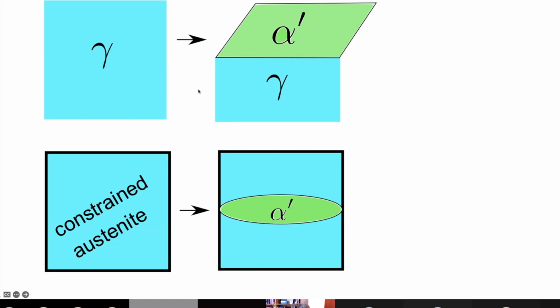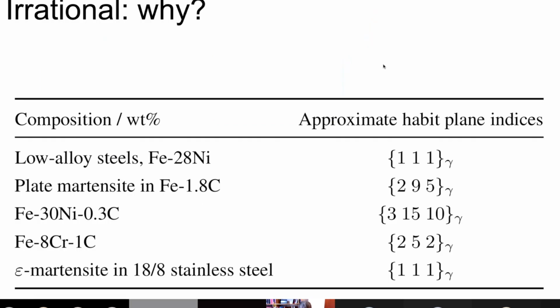Now, this interface here between the parent and product is called the habit plane. And even in constrained transformation, this average plane is the same as this in crystallographic terms. However, this plane is complicated. It is not rational. That means it's not a close-packed plane. It's got very strange indices, and even these indices are approximate. So it isn't exactly {31510} austenite, but a deviation from that, which makes it impossible to express the indices as